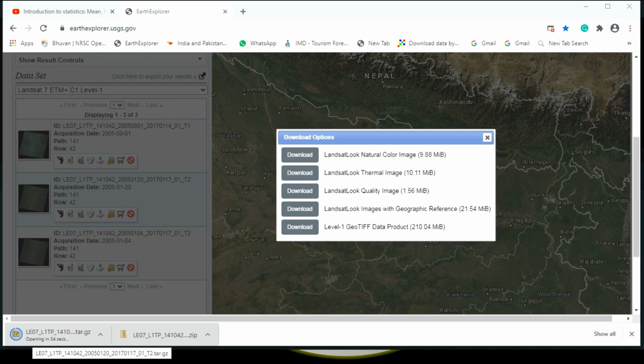To complete the download you have to spend a little bit of time, and after finishing the download, you will be able to use the satellite image for your different GIS software purposes.